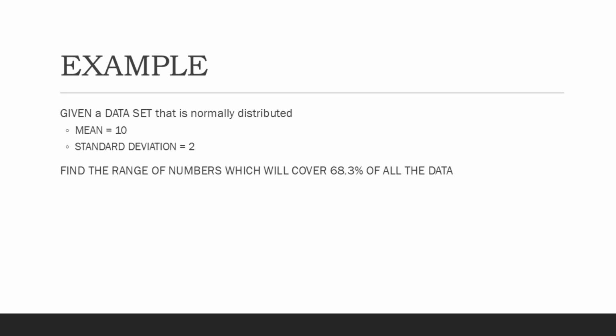So given a data set that is normally distributed and the mean is equal to 10 with a standard deviation of 2, find the range of numbers which will cover 68.3% of all the data. Solution: